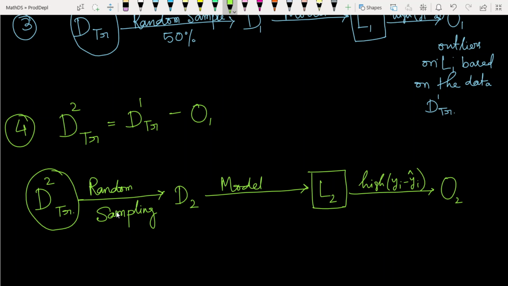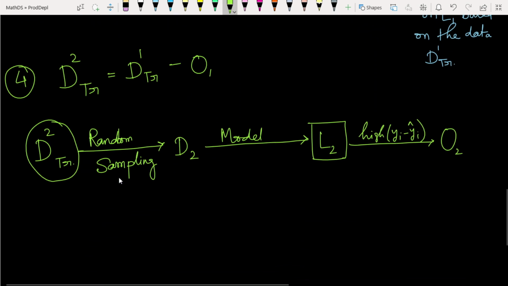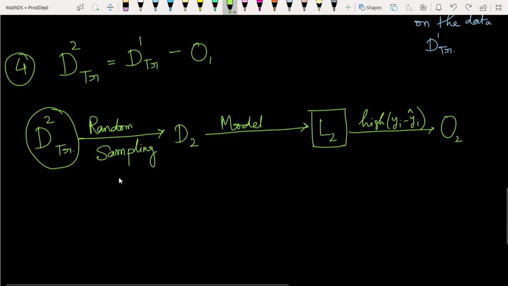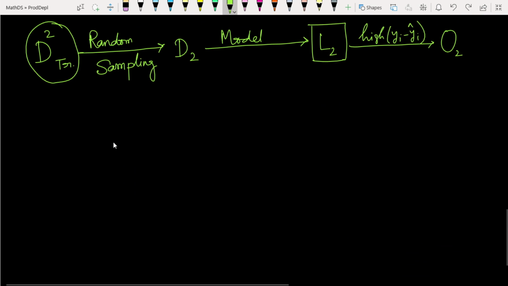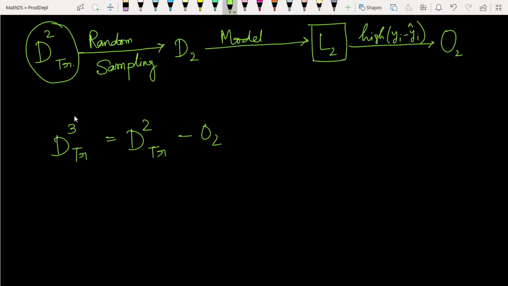Again, from these we build the D3 train. D3 train will be simply D2 train minus O2, and again we repeat the same things